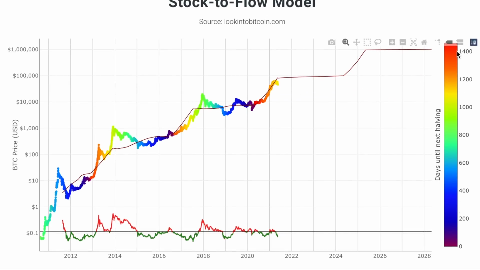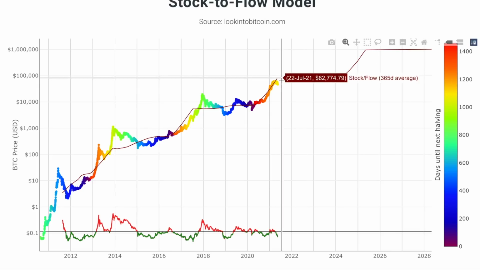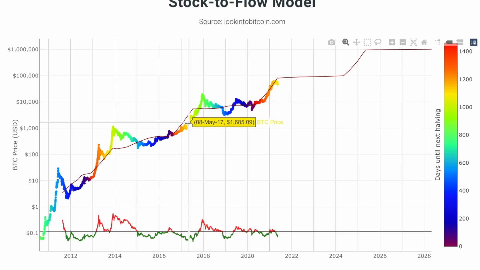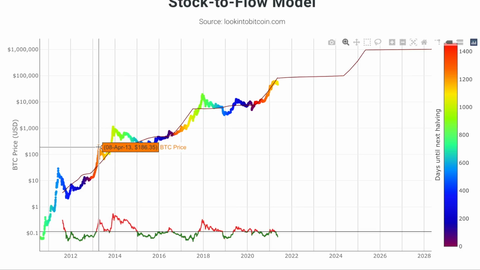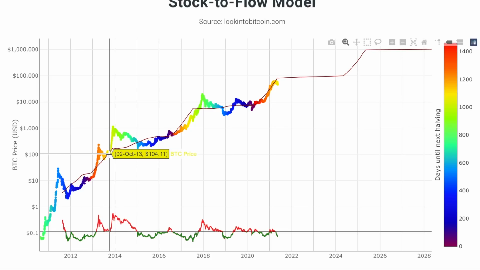And you can see you've got color coding here telling you exactly where we are in that cycle relative to the date of the halving, which I believe was in May 2020. So you can see we're around 1,100 days away from the next halving. We're in that yellow section right there. Now, if we take a look at the two previous bull markets right here, you can see the yellow section tends to correspond to the middle of the Bitcoin bull market, right? In 2017, it was right here in the middle of that uptrend. And in 2013, it was right here after that big first blow off top. You had a retest of that stock to flow model line right in the middle of the cycle.